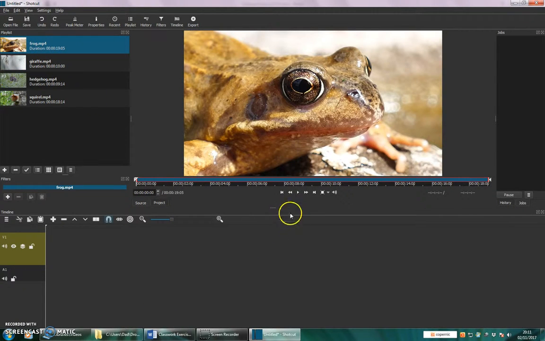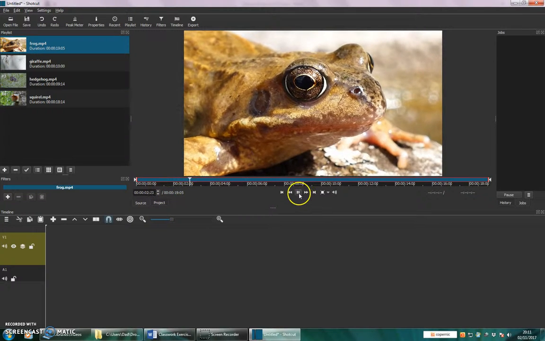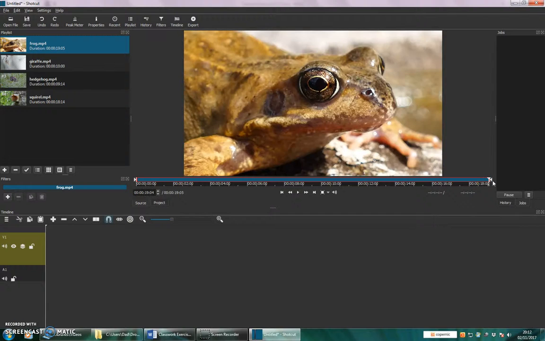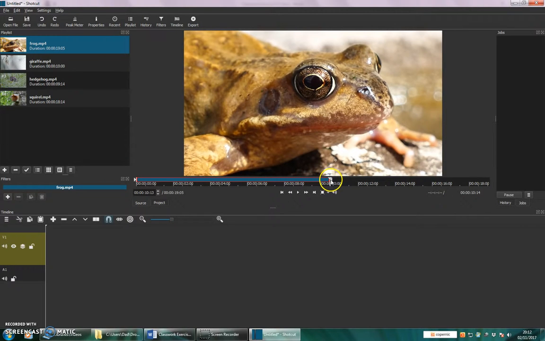Double clicked on Frog, we press play here. There's the Frog video. Pause this. I'd like this Frog video to be at the moment not 19 seconds but 10 seconds, so you can go down here and click on the arrow carefully on the end here and drag that arrow down to around about 10 seconds. Once you've done that, we should be able to just click the tick, and now you see it's